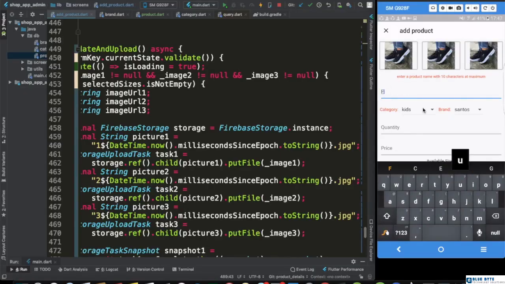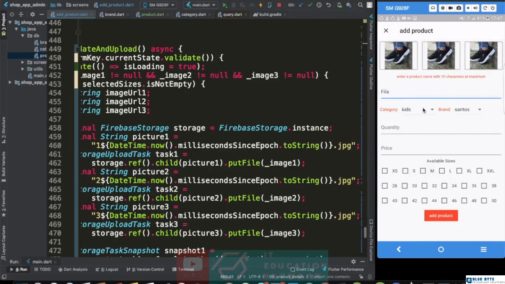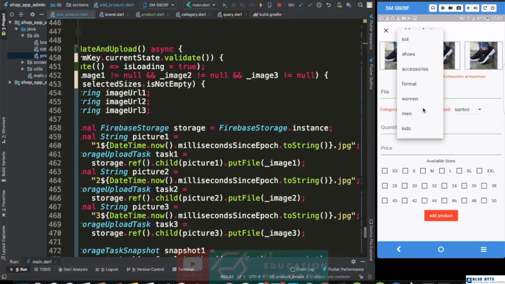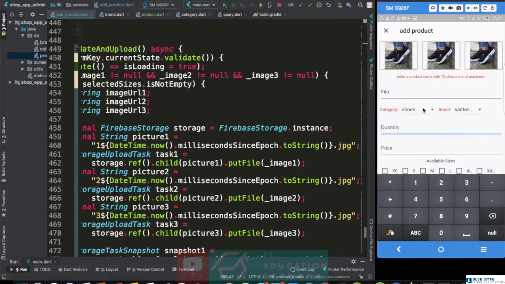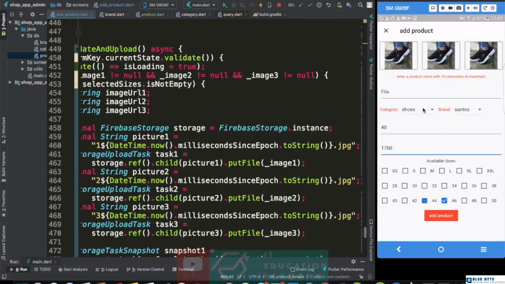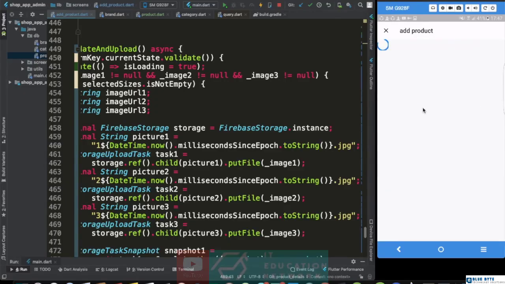And you'll give the product name, which is going to be filler. We're going to select the category for the product, in our case shoes, and then we're going to select the quantity. Let's suppose 40, and here 1700 is the price, and we can select the sizes of the shoes. And after that is done, you're going to be able to hit the add button,